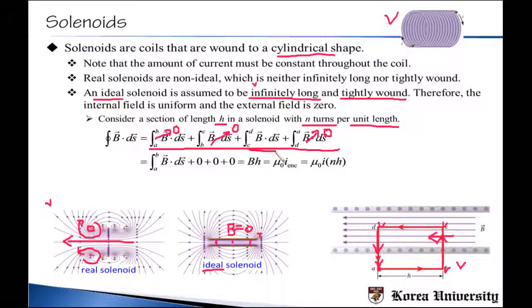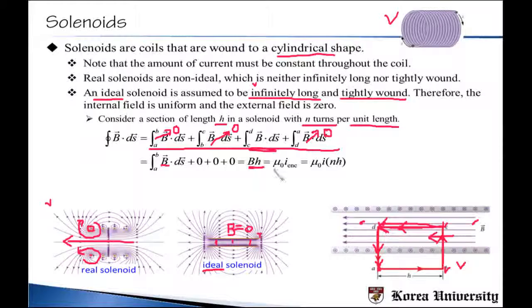So we have only one part remaining, which is going inside the solenoid from C to D. And then we said that magnetic field is same whether you are close to the left edge or close to the right edge, right? So magnetic field must be constant here. So now it becomes very simple, and at the same time the ds vector here is parallel to the magnetic field, so therefore it is simply constant B multiplied by the length of this section, and then we actually already call it h, right? So finally we get B multiplied by h from this integration,